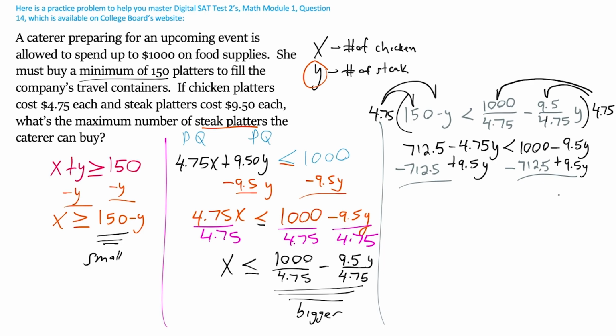And on the right-hand side, that'll give us 287.5. And on the left side, we've got 4.75y. Now we can divide both sides by the 4.75,